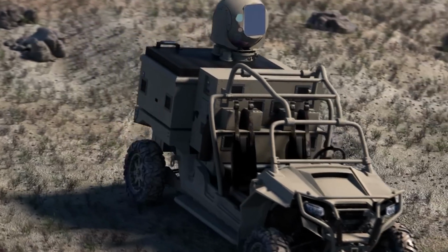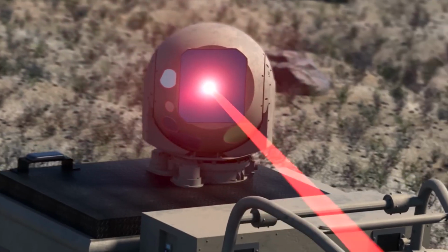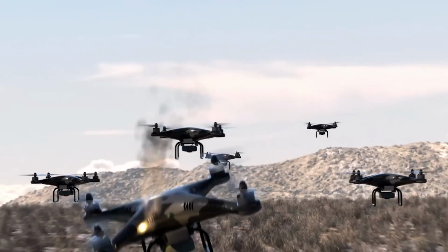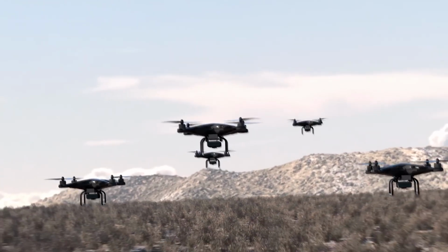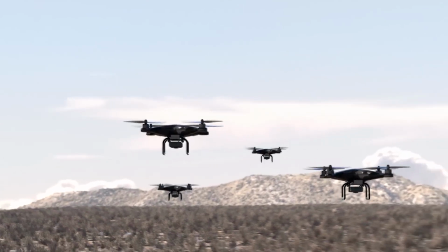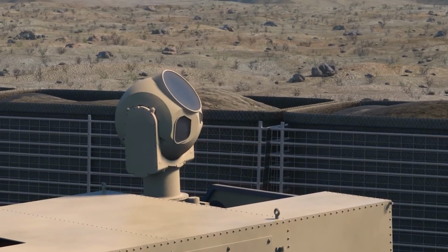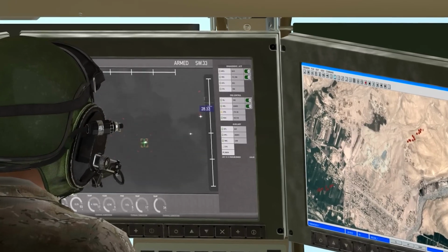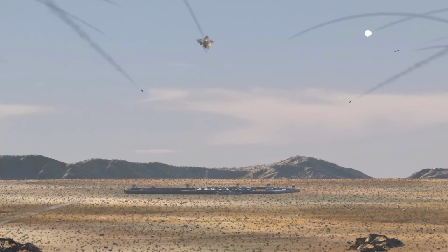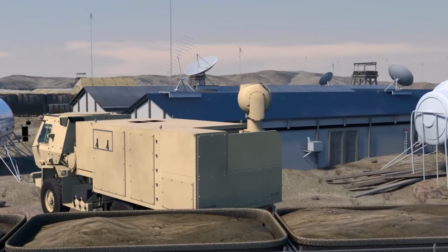The laser on m-shorad works by focusing an intense beam of laser light on a target. This beam is extremely hot, almost like a thinly focused flamethrower. A laser can burn the wings or rotors off of a flying drone, causing it to suffer structural failure and tumble to the ground. It can also destroy a drone by burning out the onboard circuitry, blinding any cameras human operators use to steer the drone, or in the case of drones that use fuel-based motors, cause the fuel to